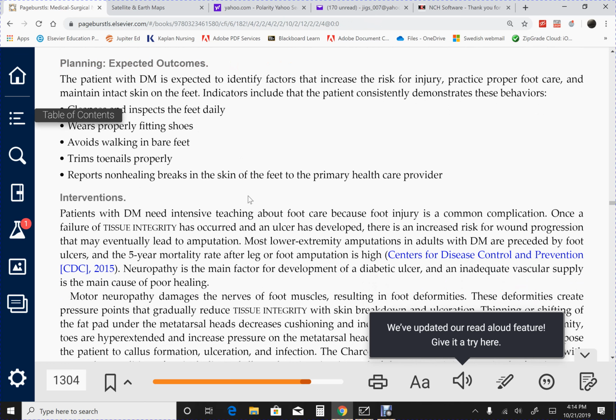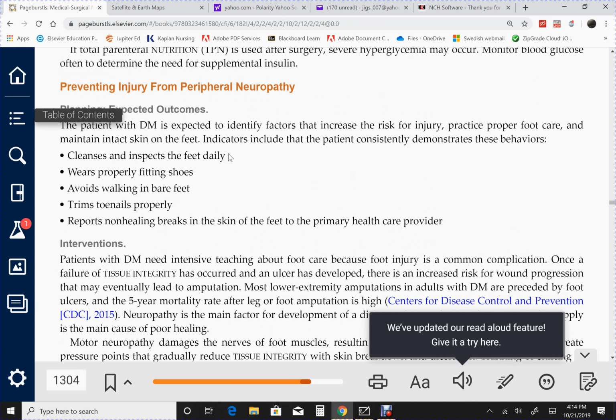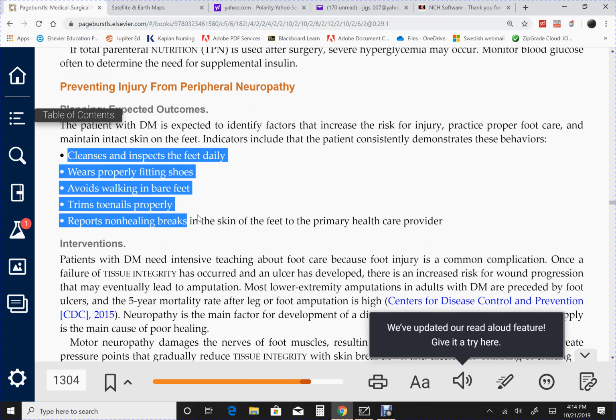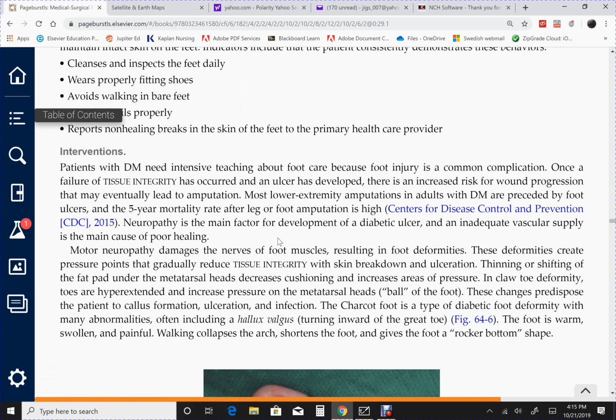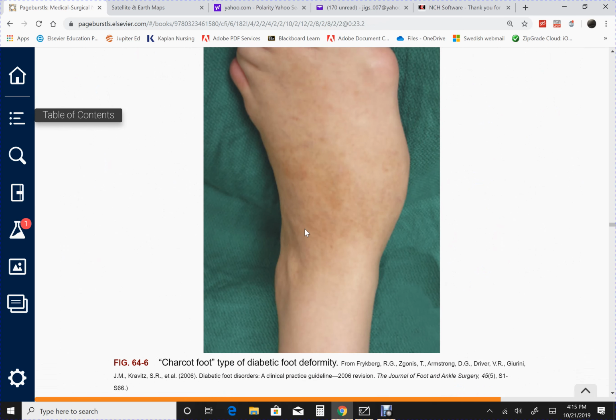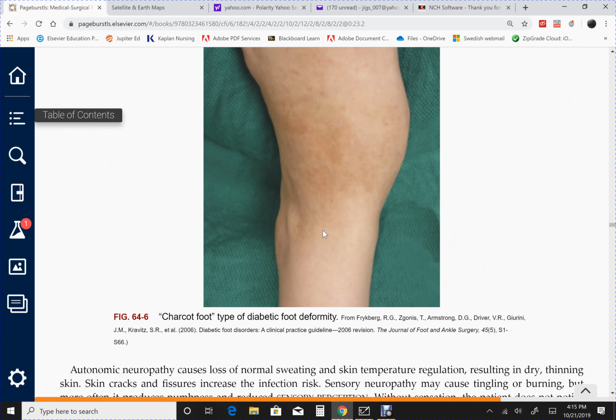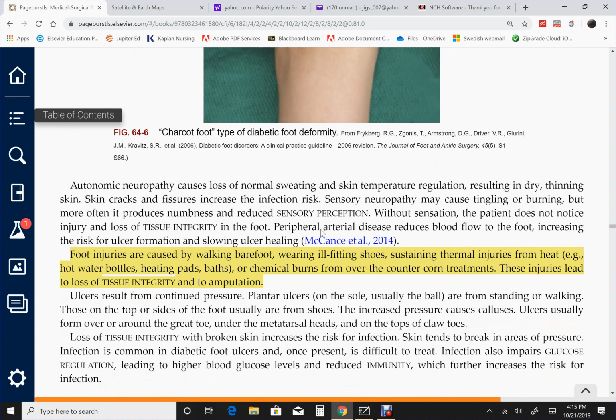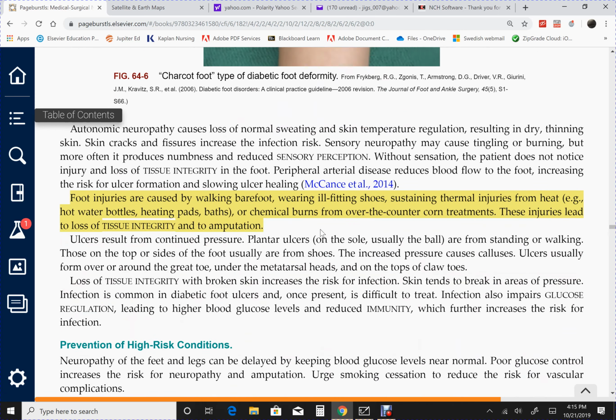This involves preventing injury. As you can see here, these are our goals for the patient, that they will avoid circumstances that will lead to injury, specifically to their feet. This is a Charcot's deformity. This is again a deformity that will result from severe uncontrolled diabetes. It's not very common. The important thing here is again avoiding injury to the feet, because once these patients start